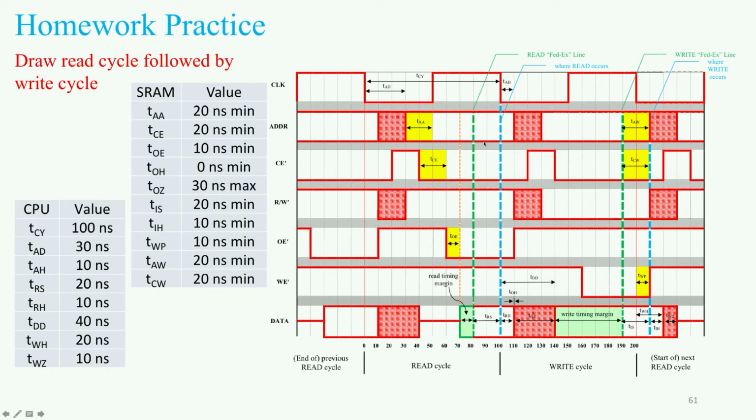So now let's take a look at what's happening on the back end of this read cycle. We mentioned the hold time. That hold time has to be satisfied. Remember, it's the CPU that's reading the data from the data bus, and it's the SRAM that's putting the data on there. So we have to figure out if the SRAM is going to properly hold that data on the bus for